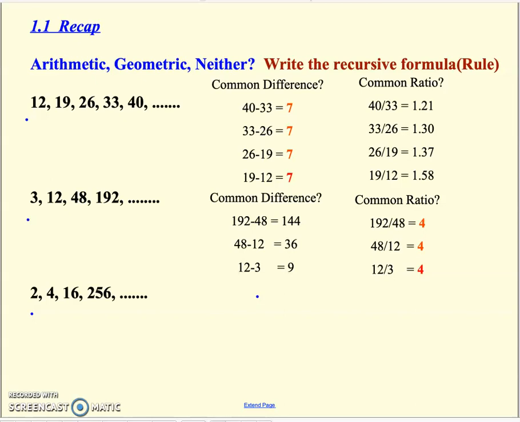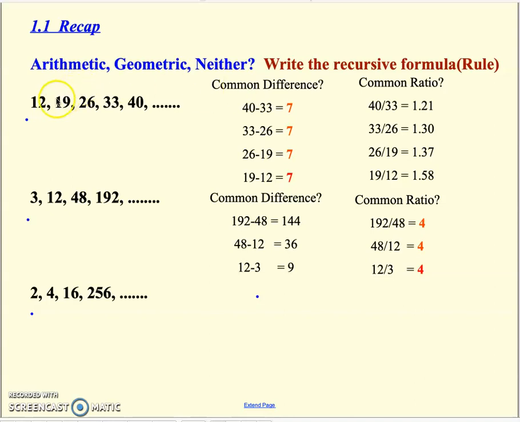Before we get into 1.2, we're just going to do a real brief recap of 1.1, the introduction to recursive sequences. So we've got a couple different sequences here, and the thing we want to figure out is whether each is arithmetic, geometric, or neither. Again, what I said you could do is just try to look, and if you can just tell by looking, great. But if you can't tell by looking, then the way to do this by calculation is work your way